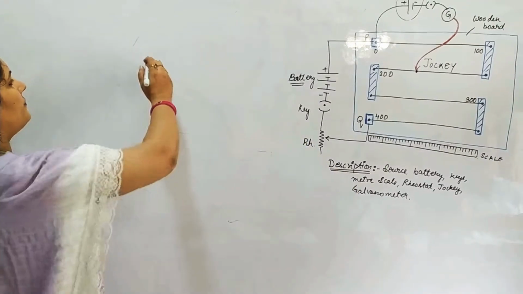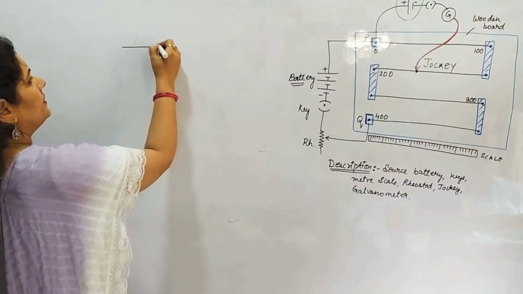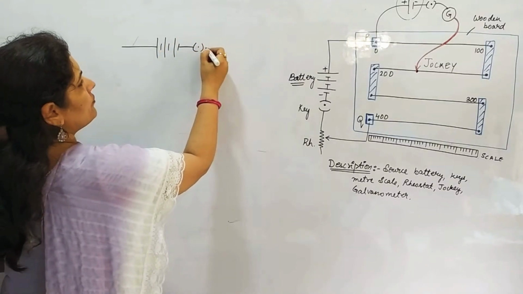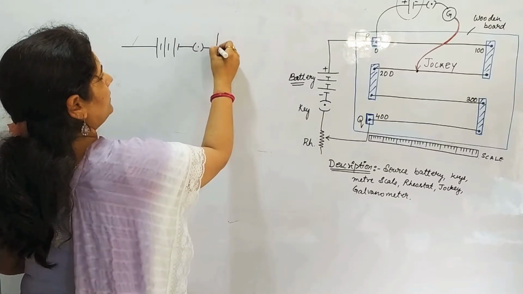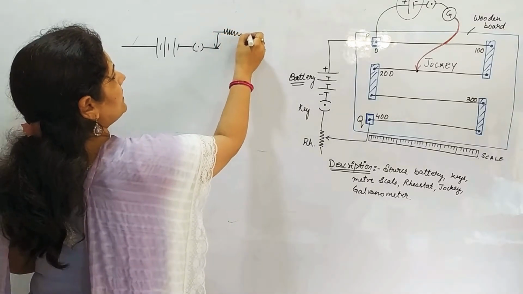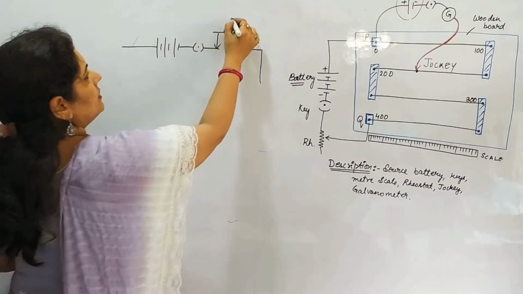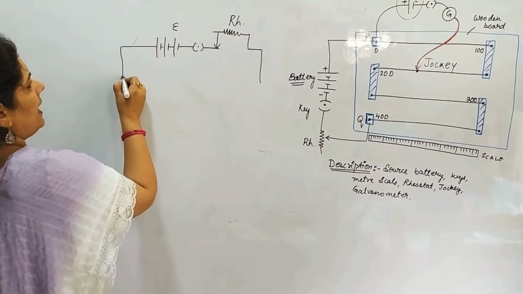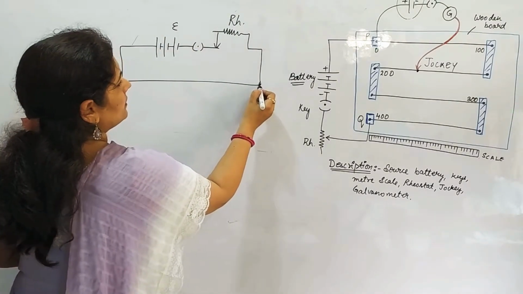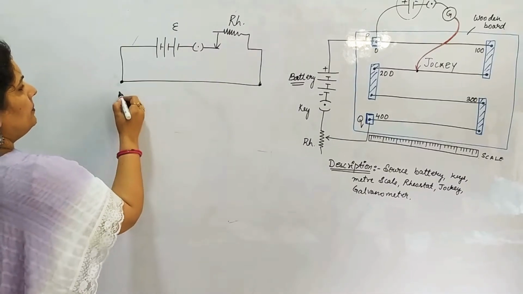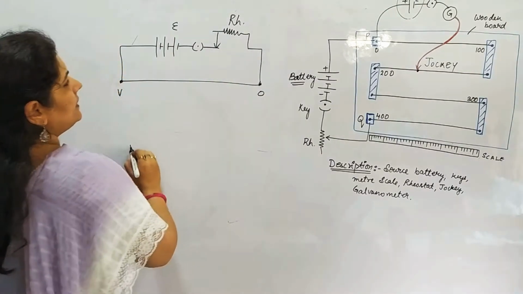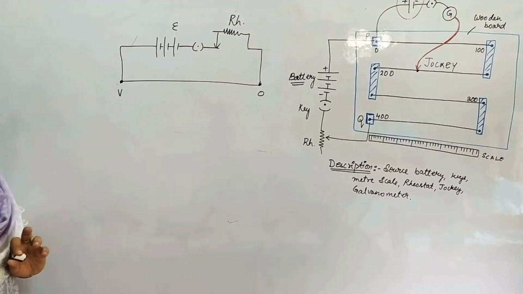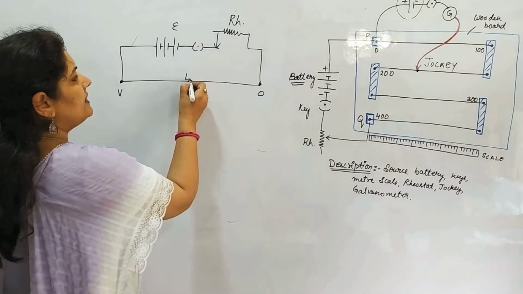So consider a circuit in which there is a source of battery, a source of EMF, and there is a rheostat connected by which we can change the current flowing through the circuit. This is a source and it gives a potential V between these 2 points, right? So the current is flowing and the potential between these 2 points is 0. Let us say the length of this